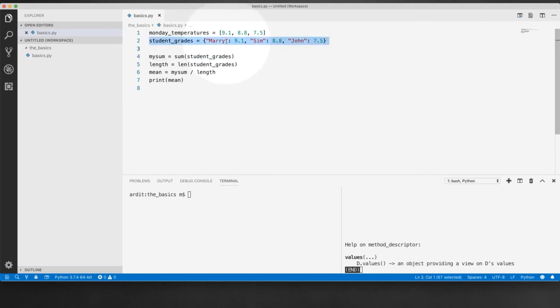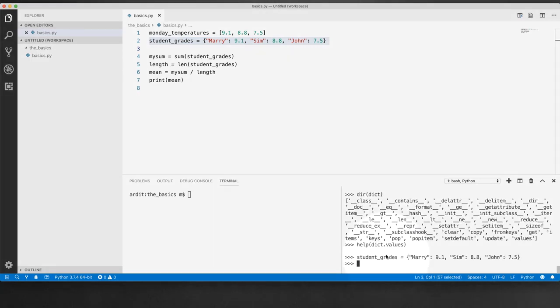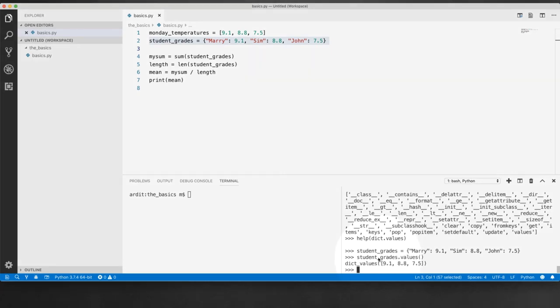So if you get this dictionary, Q for quit here, paste it here, and see student grades dot values, that will give you this data type. So it's still a data type. It does look like a list. It's not exactly a list, but it behaves like a list with these three values there. So it's a dict values type. That method produces this type, and therefore you can